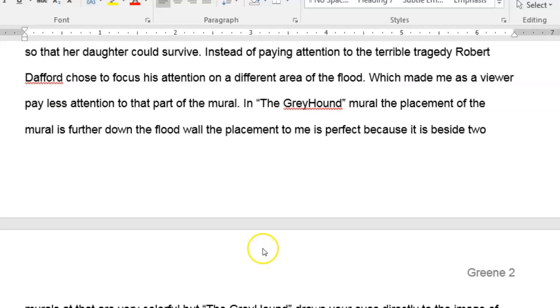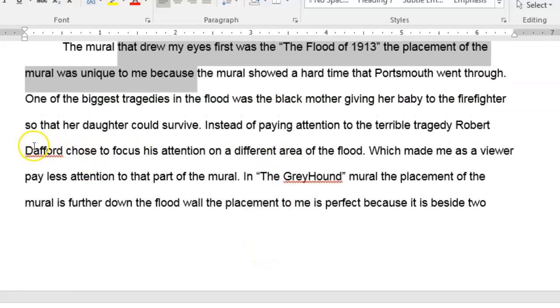Let's see, there was a part of this that I thought was interesting, but you're not really explaining it. Dafford chose to focus his attention on a different area of the flood, which made me as a viewer pay less attention to that part of the mural. I think you're trying to say something there about what he's putting front and center in terms of race. And so I think you're trying to say that he should have made Bessie Tomlin, the one person that died as a result of the flood,